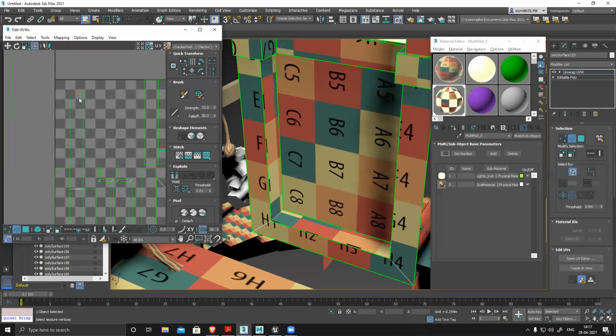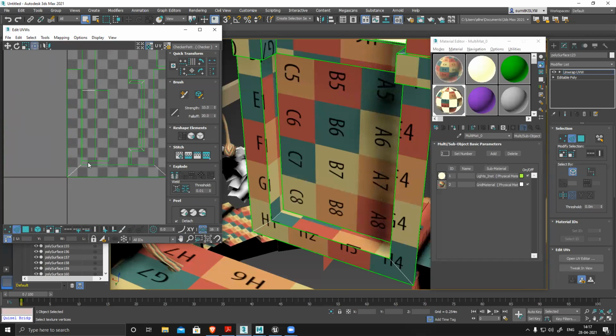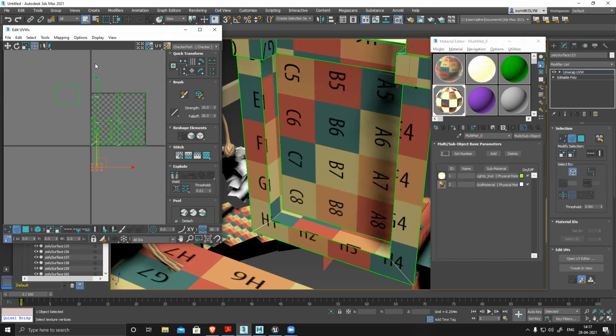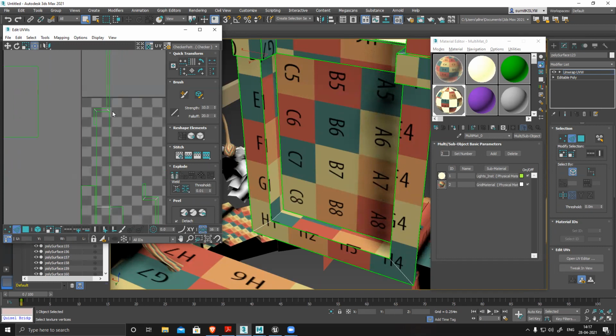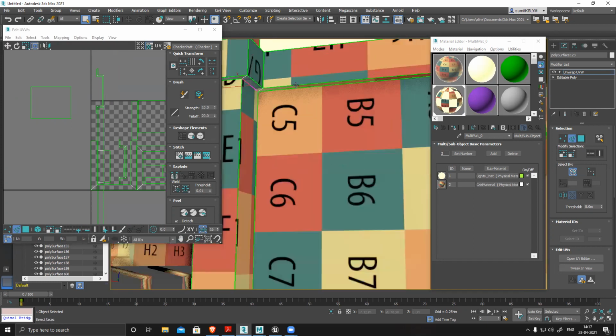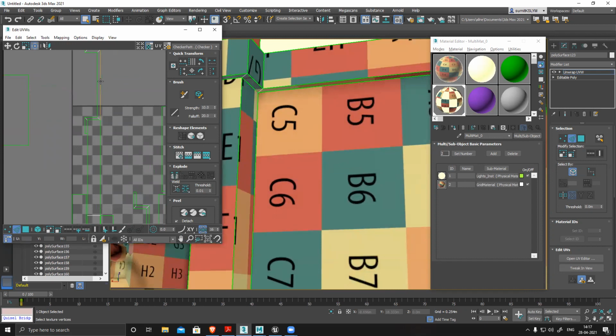It's selected, selected. Break it, keep it separate. This frame, I want to stitch this entire thing together.